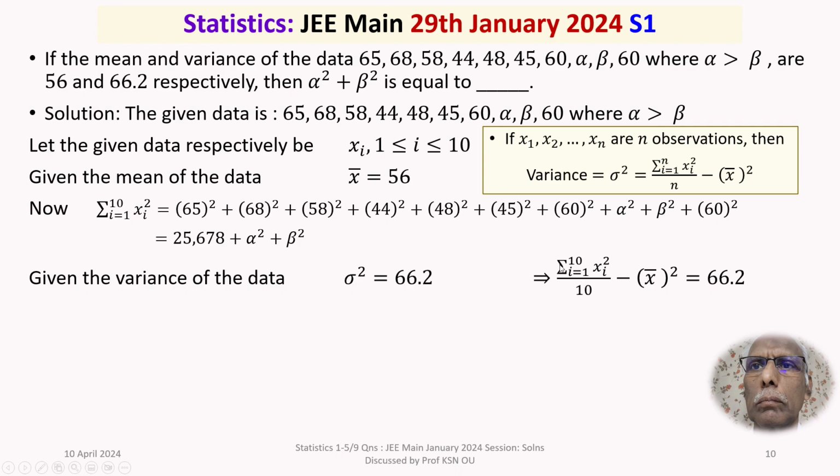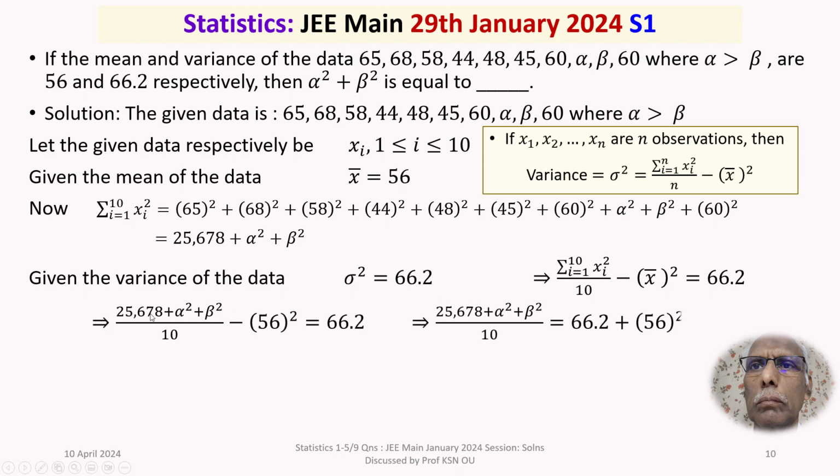So this is sigma i is equal to 1 to 10 xi square by 10 minus x bar square, that is equal to 66.2. Substitute the values. So this will imply for sigma xi square, we have 25,678 plus alpha square plus beta square by 10 minus x bar square, which is 56 square, is equal to 66.2. So pushing this 56 square onto the right hand side, that will become plus 56 square plus 66.2, and that is